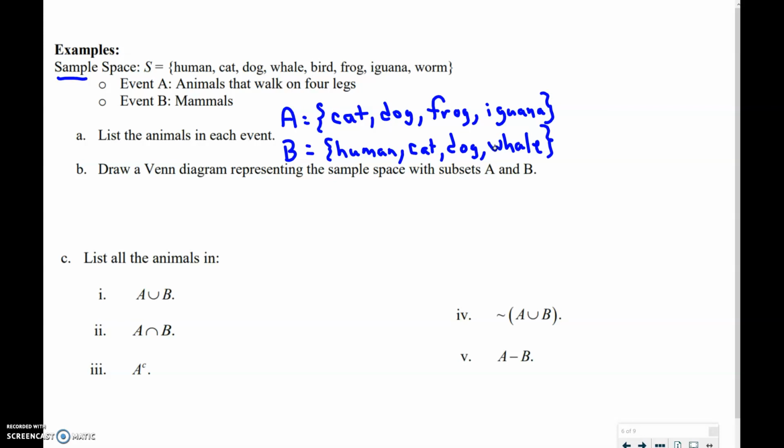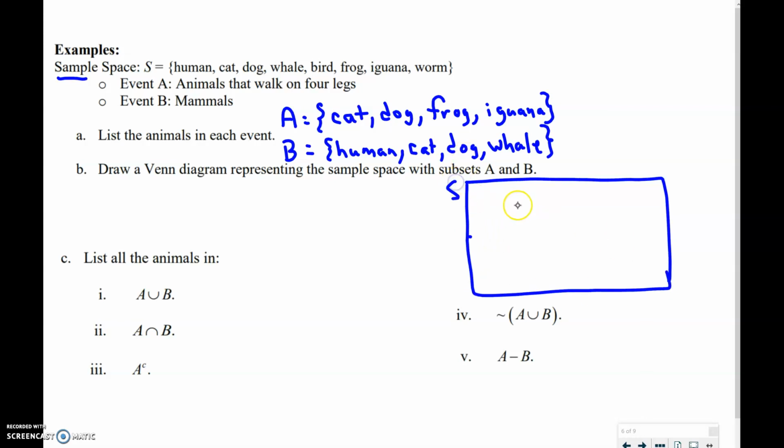All right. Venn diagrams. We're going to draw a Venn diagram. I'm going to put it right here. And in my sample space S, I'm going to put an event A, and I'm going to put an event